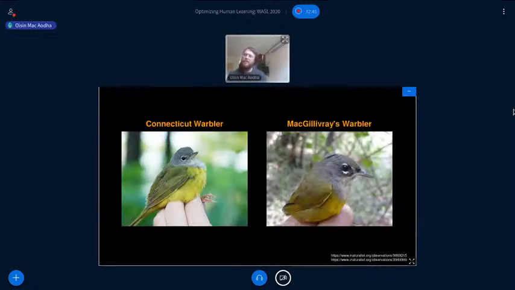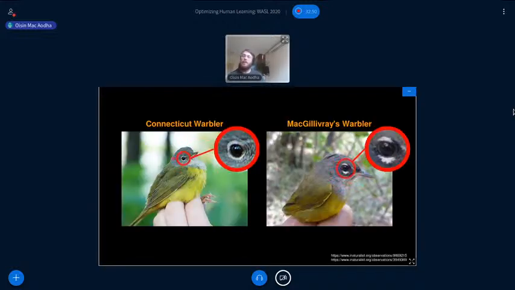And this is quite distinct from how you might actually learn or interact with a knowledgeable human teacher. A human teacher would likely highlight or inform you of which parts of the image or the object are informative for the category. For example, in this case, the human teacher might say, for these two bird species, the Connecticut warbler has a complete ring around its eye, and the other bird's ring breaks here. And once you know that, that's a real key to being able to do this particular task very effectively.